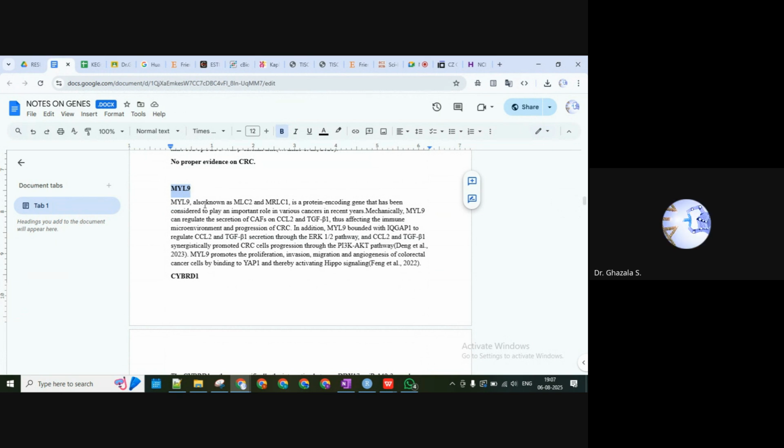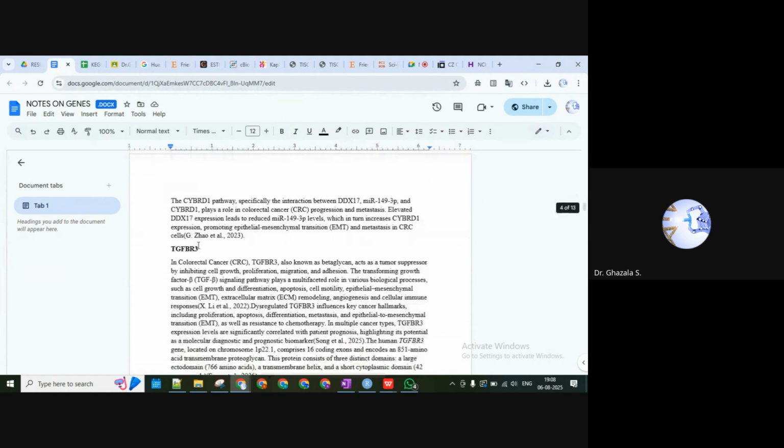Yes, right. So in other cancers, we need to mention, for example, in lung cancer or maybe in gastric cancer, this particular gene is involved in a specific biological function, whatever we have identified during functional annotation. Then we can mention that in colorectal cancer, these genes are estimated to play this particular role, as they are involved in the other cancer for this specific role. Okay, so accordingly we can mention that.